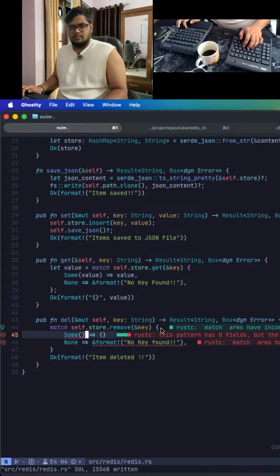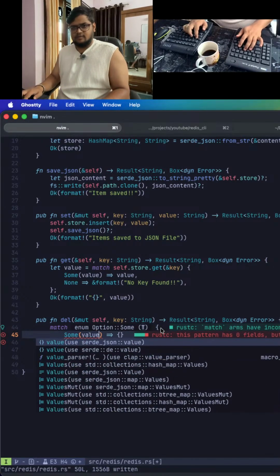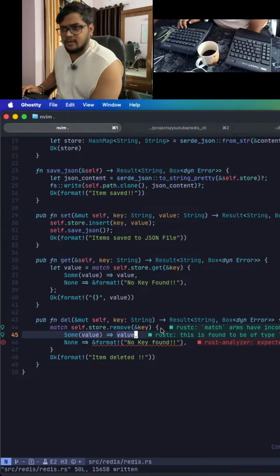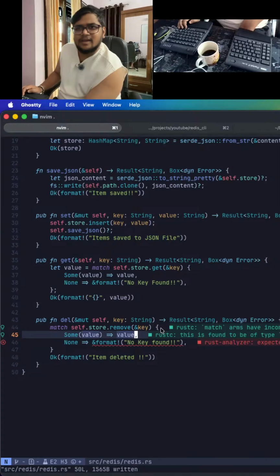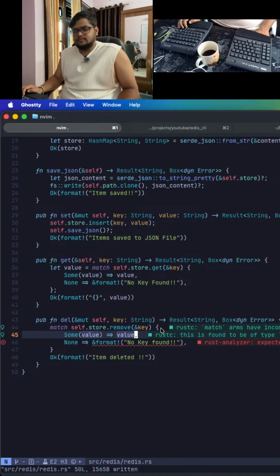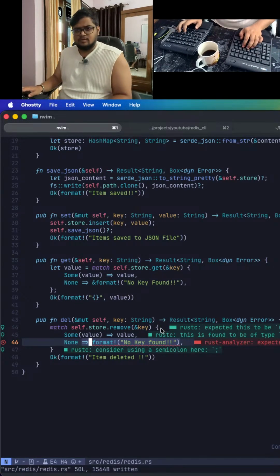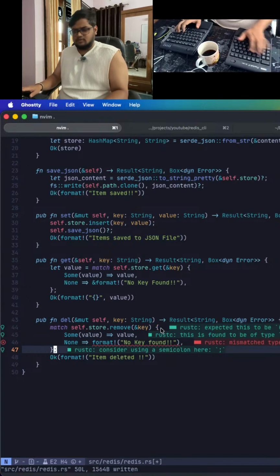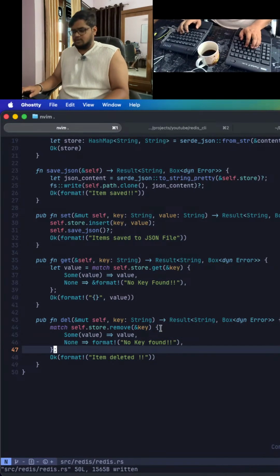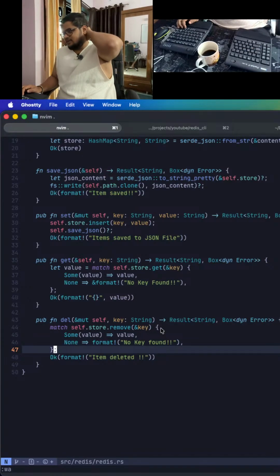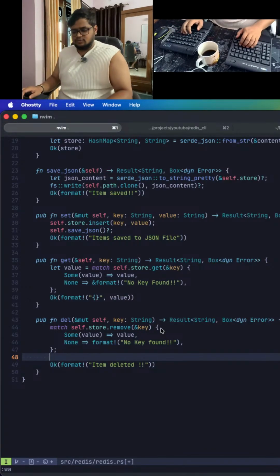Incompatible types. Why? Because it doesn't have the value, so we can say value to it. This found to be the type of string, and found str. So let's remove this. Consider using semicolon. Okay, sir. Okay, problem is solved. Now I can delete the thing as well. So once the thing has been deleted from the store,